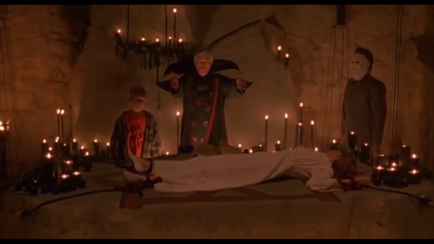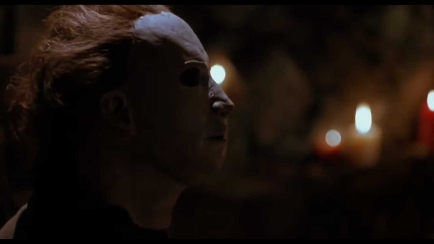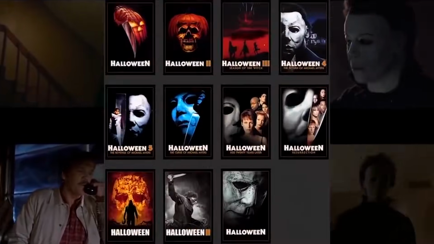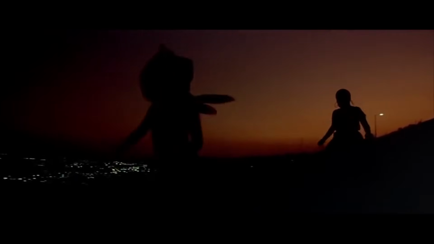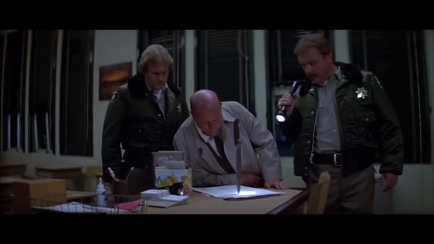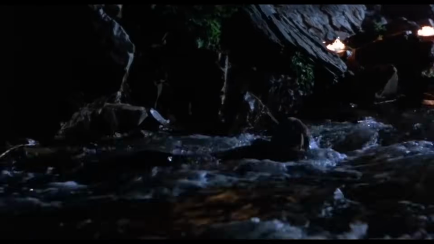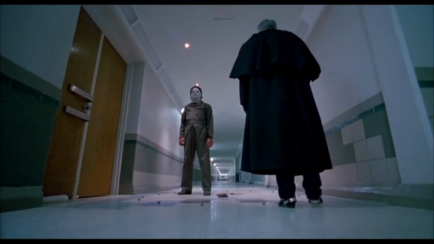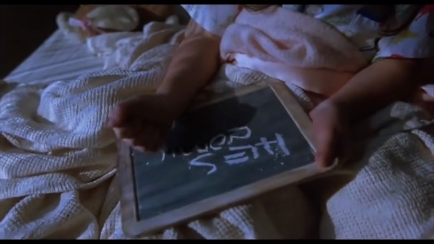The choose-your-own-adventure aspect of the Halloween franchise has made it one of the most original and complex franchises in horror. While they were originally trying to keep the same continuity going forward with the exception of Halloween 3, it eventually got too convoluted and just plain crazy to keep track of. What started as an escaped mental patient killing hapless babysitters had turned into a story about pagan cults, incest, and weird psychic connections that fluctuated from sequel to sequel.